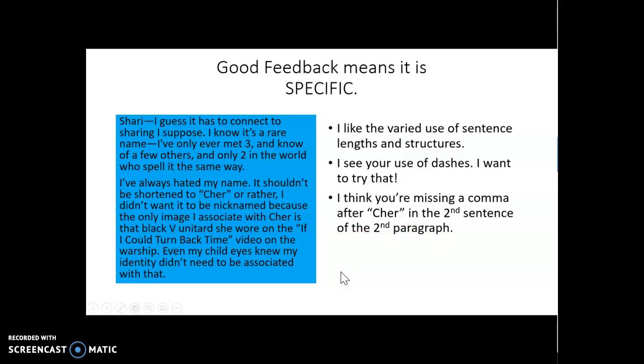But that's more of an edit. This is something that we need to use that's going to change the content of my piece, not just, oh, you're missing a period. While valid, and thank you for pointing that out, all of our feedback cannot fall into this category because that's more editing. That's not revision. Revision is sentence length. Revision is content.